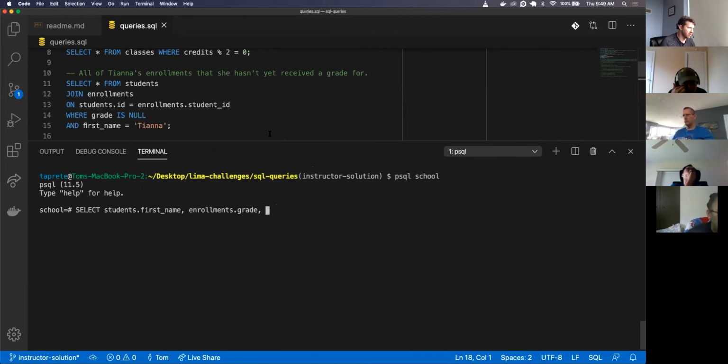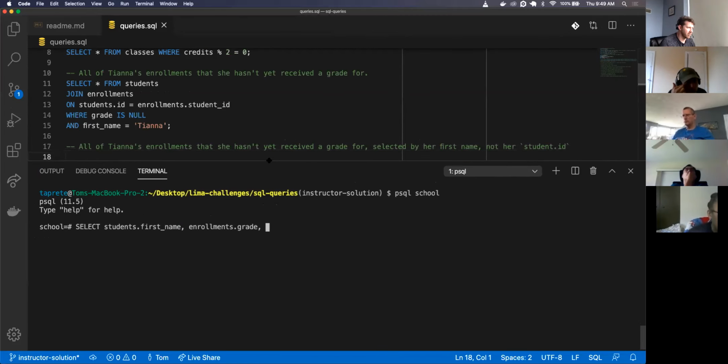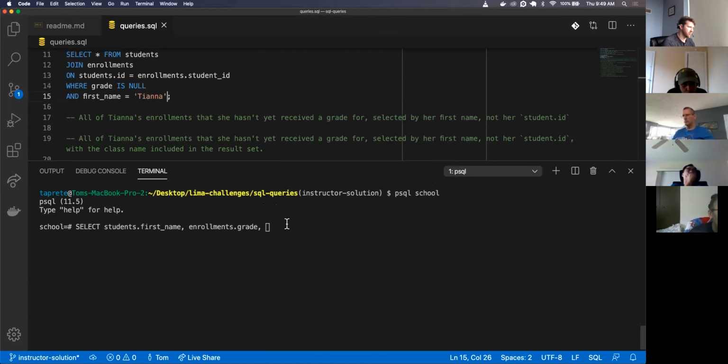Enrollments.class_id from students join enrollments on students.id equal enrollments.student_id where students.first_name equals Tiana and enrollments.grade is null.